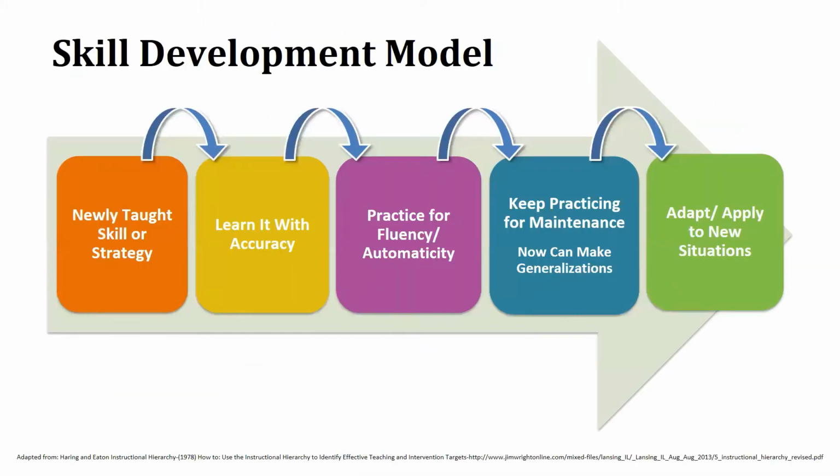When teaching, we need to teach all academic, behavioral, and social skills to fluency to make sure that learners can function independently. We usually don't think about teaching behaviors or social skills to fluency, but it is important to remember that anything we want students to do is going to follow a skill development model, which is shown here.